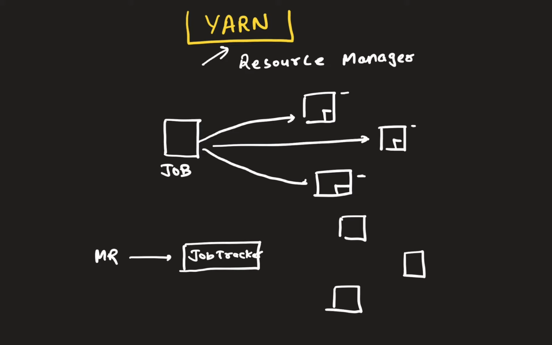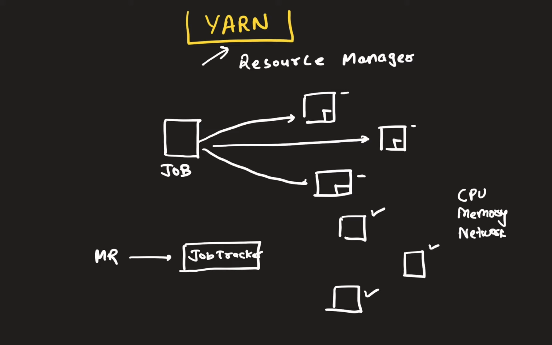It will ask for the resources, that okay, you need these resources on this node as well as on this node as well as on this node, so that your computation can happen. And when I say resources, those are primarily CPU, your memory, and then your network related stuff, like on which rack, on which data center these nodes are located. So it needs to locate all those nodes. So all those networking related things, memory in terms of RAM, whether you need 1 GB, 2 GB, what type of processing memory is required, and then the V cores or CPU or the cores that you require to process your job. So that thing was done by the job tracker.